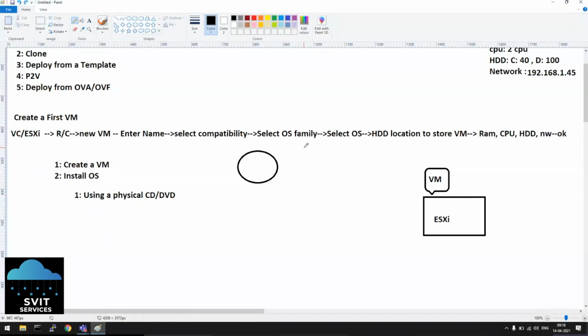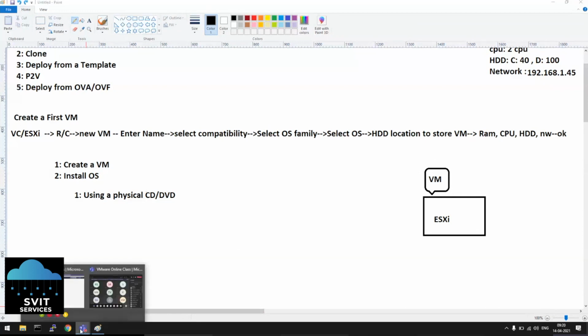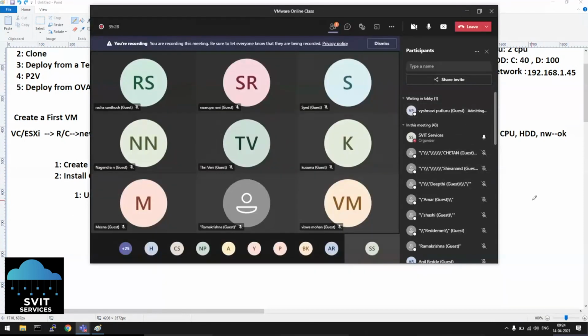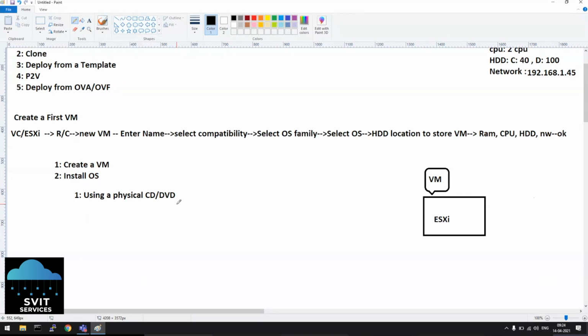Okay. So because we need to install OS, the OS is not yet installed. But this is a virtual computer. If it is a physical computer, we will take a physical CD/DVD and insert it, then install OS. Okay. So as it is a virtual computer, we will not have that physical hardware. We have a physical CD/DVD and we need to install OS inside this virtual machine. But this virtual machine has everything virtual hardware. Okay, but we have a physical DVD.